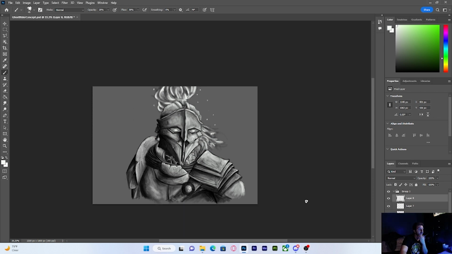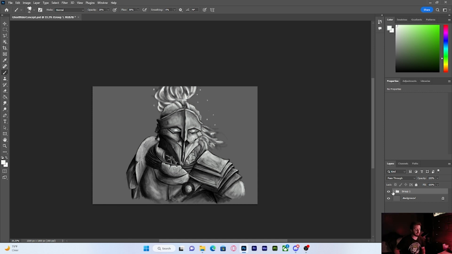Alright guys, so now that I did the front head pose, the closer-up view of the character, now I'm going to do more of the side profile, and after I do the side profile, then I'll do the main body as a whole and everything. But right now I'm just going to